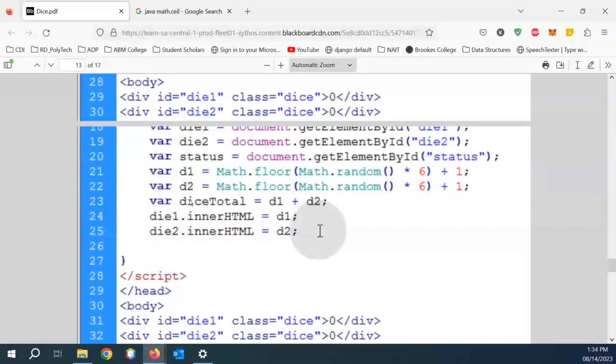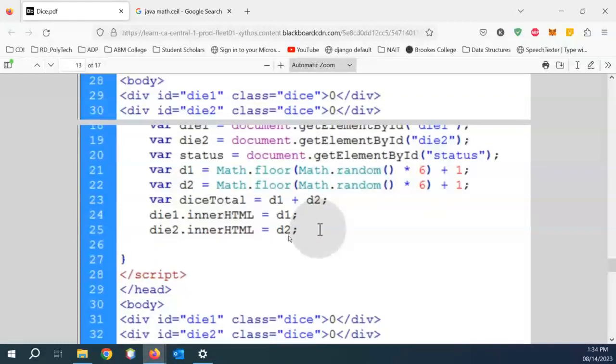We haven't used that dice total variable as yet, but we are filling up those two divs, die1 and die2, with their inner HTML, saying that whatever the D1 value is, it has to go here, and whatever the D2 value, it has to go here. So now,